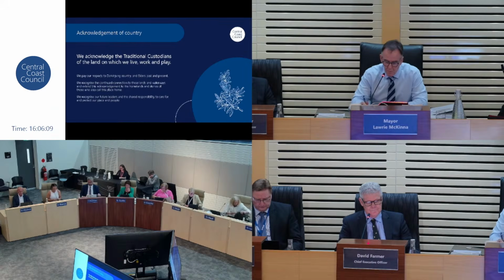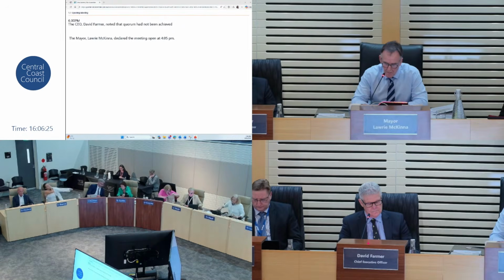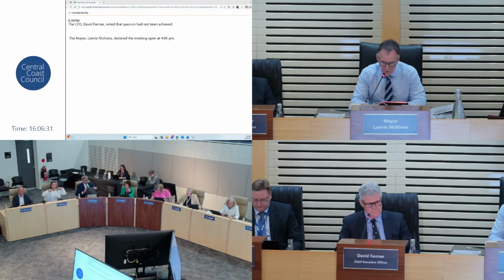Please turn your mobile phones off or switch to silent. In the event of an emergency, wait for instructions from council staff or security guards. If we need to evacuate, council has 2 emergency muster points, one on the footpath of the Grand Hotel at the front of the building and the other at Frank Balance Park to the rear of the building. If you experience a medical emergency, please alert security or council officers for assistance.